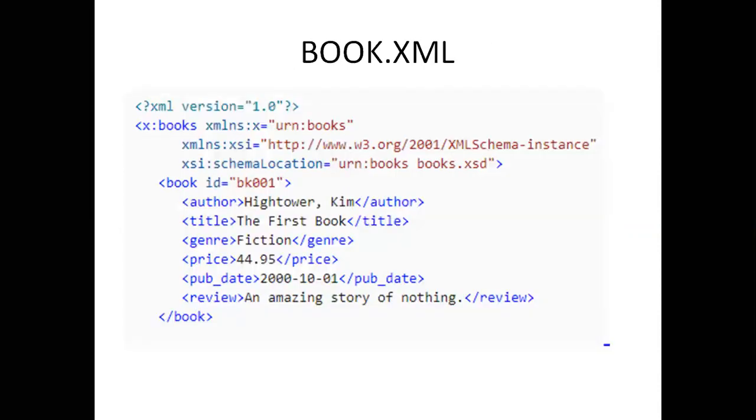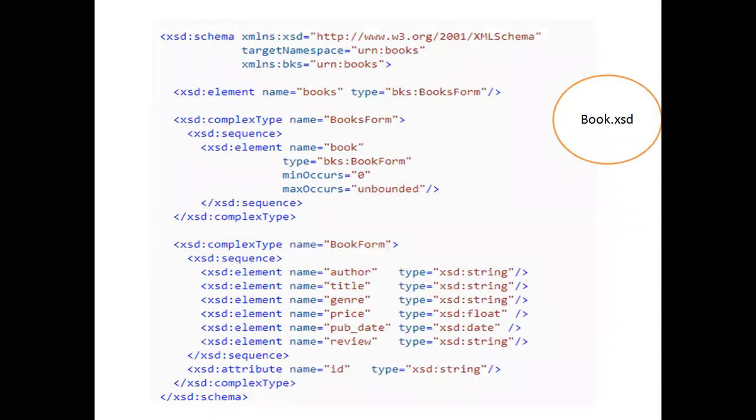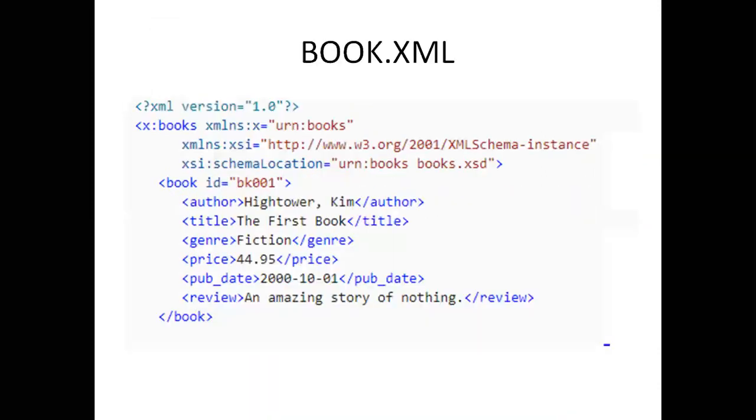So now we are going to discuss XML schema definition examples. For that we should have two different files. One is an XML file, another one is an XML schema definition file. We know very well that with the help of XML schema definition we can write rules for the contents of the XML document, or we can say we can give the structure of an XML document. So this is the ordinary XML document. Here the first line is the XML prologue statement, we know very well. And this is books. Books is the root element.